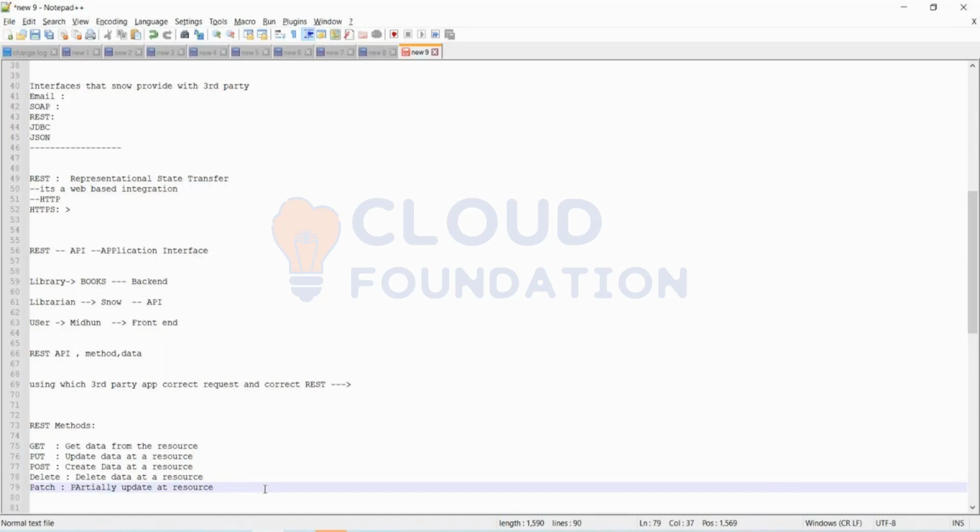You're partially correct, but which is the exact method? I was doing a get only, because I just needed to get the data from ServiceNow. So it is the get method.